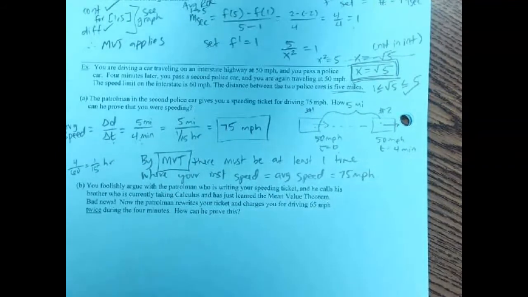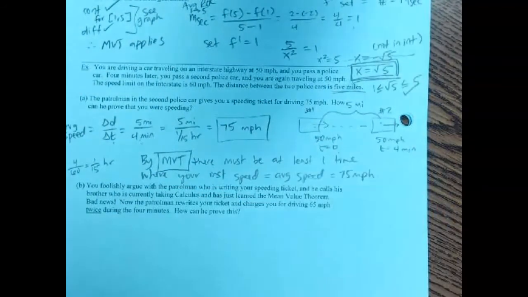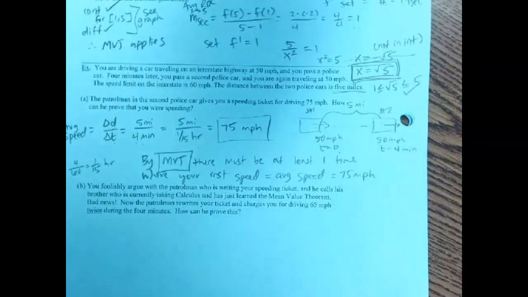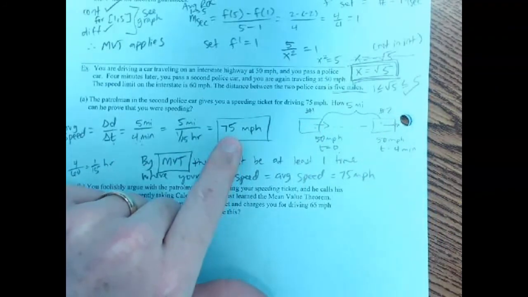And then that's how you could cover that distance in that amount of time, if you were going 75 every single second of that journey. But we know you started off slower and you ended up slower. So we know at some point he was probably going, I say he, you don't really know, it just says you. We know if you start and end at 50, and if your average is 75, well, at some point